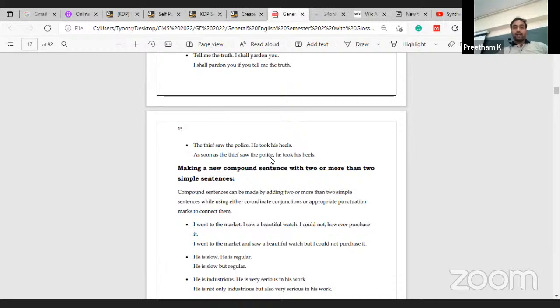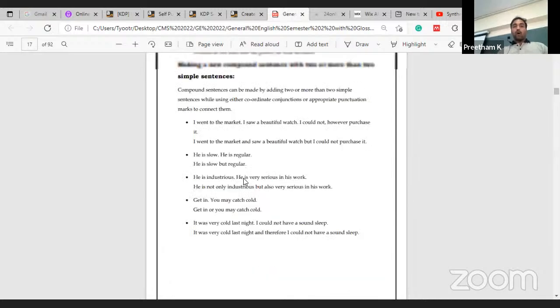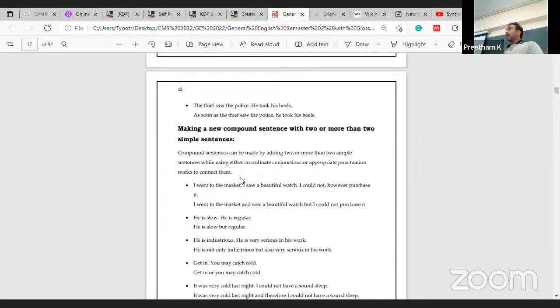If you look at this example, as soon as the thief saw the police, he took his heels. Here, "he" leads to confusion whether it is the thief or the police. If you go by the nearest subject, you will be committing a mistake. That is called an error. Then the last part is, how are you going to synthesize multiple simple sentences into